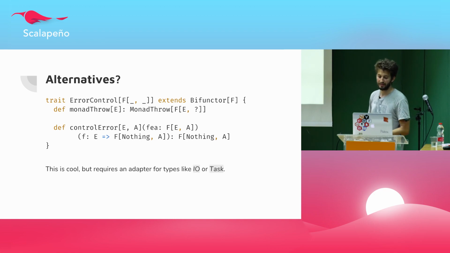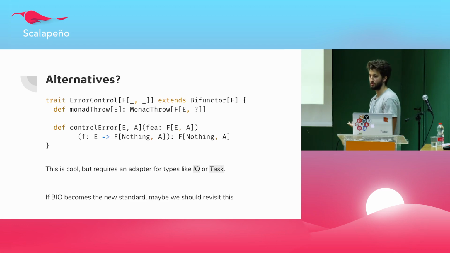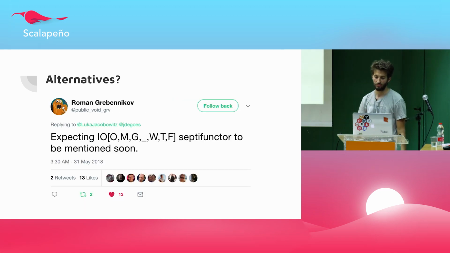And it's really cool, but it kind of requires an adapter for types like IO or task. So that means if your application is already based on IO or task, then you're kind of screwed, because you can't use this unless you want to wrap every single value into it. But it is really cool, and maybe if bio becomes the new standard, if the Scala ZIO or ZIO becomes the new standard, then we should totally revisit this and look at it and see how it works out in practice. So, and of course, there's also the IO OMG what the fuck semifunctor,